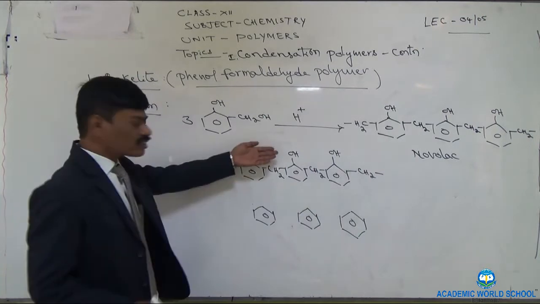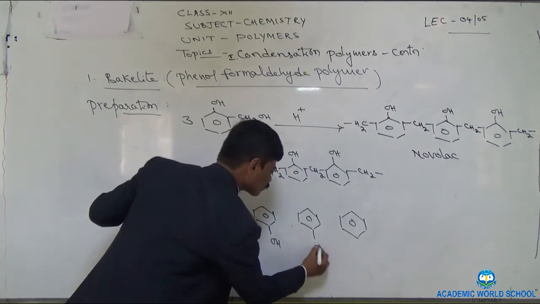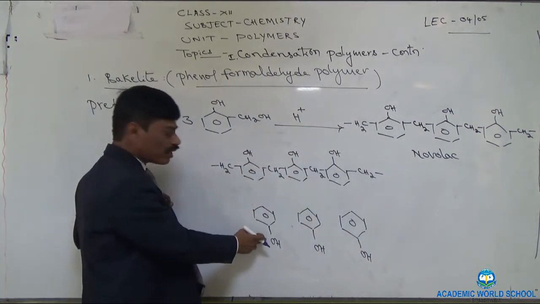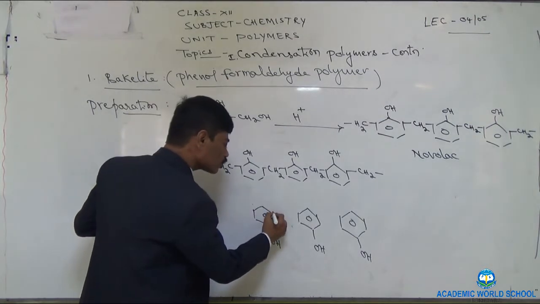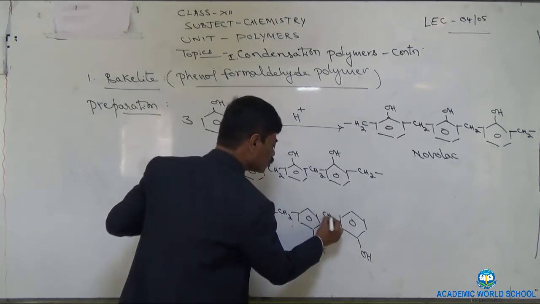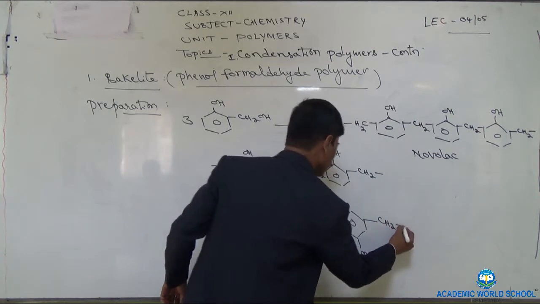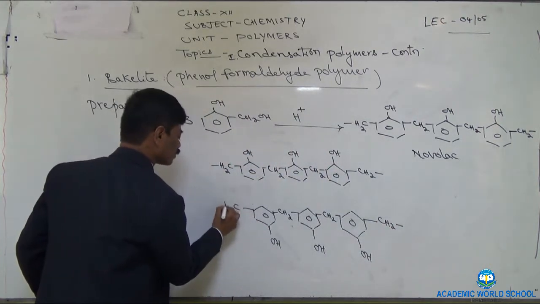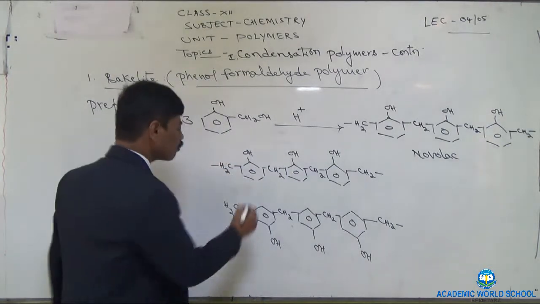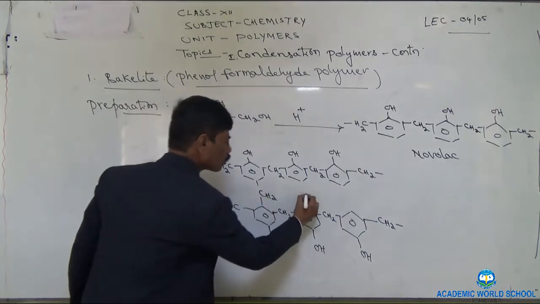Right? So when this is made upside down, the OH group will come down in this way. Now with respect to this OH group, at the meta position, meta means this, show a CH2 group and connect to the other benzene rings, the same way, in between the other 2 benzene rings. And at the end also methylene groups. And in between 2 benzene rings, you show a methylene group.